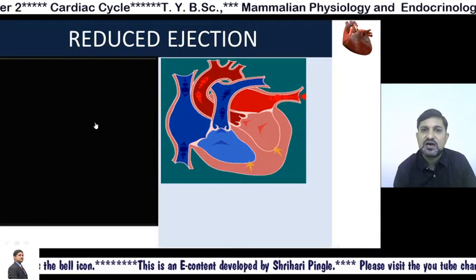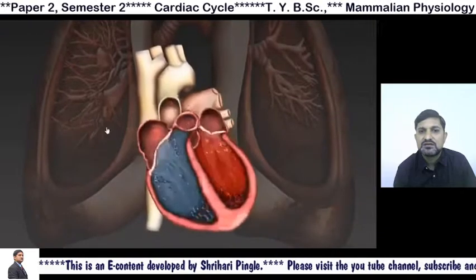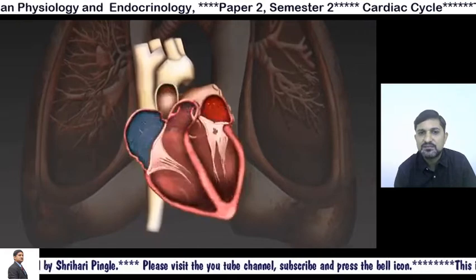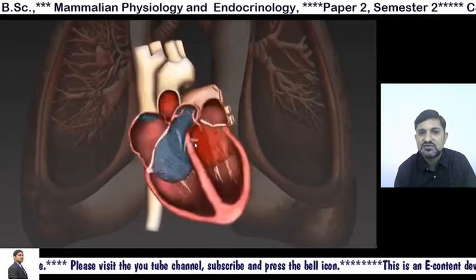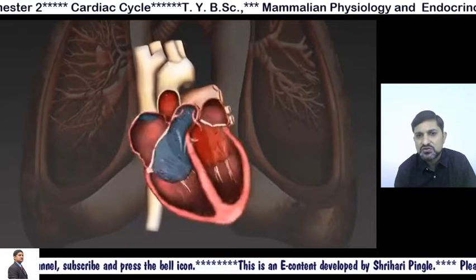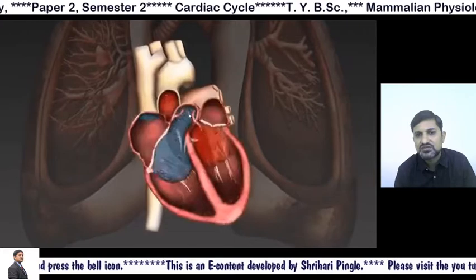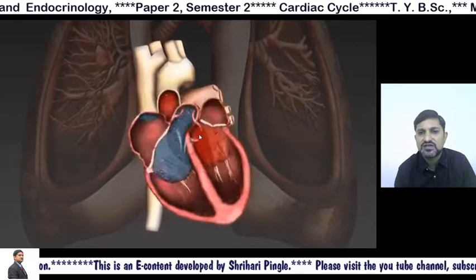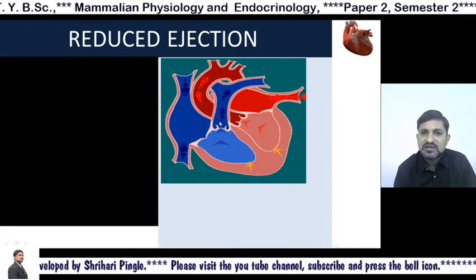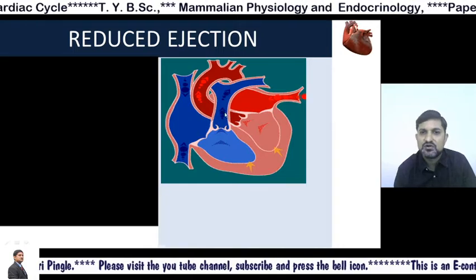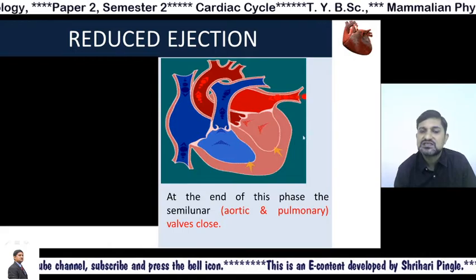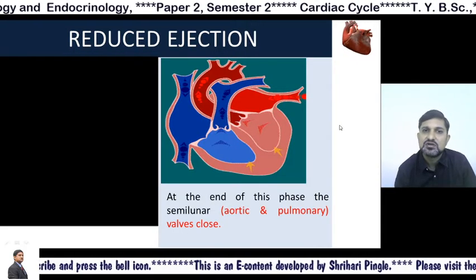Again, we'll have a look at this particular picture and animation over here. I'll pause it for a while so you see the complete feel of this cardiac cycle. So blood from the auricles is thrown here, auriculoventricular valves close, semilunar valves open, and the blood is thrown rapidly. So this is what we have seen so far. Now the blood is slowly being pushed into the aorta and pulmonary arteries. So at the end of this phase, the semilunar valves now will begin to close.